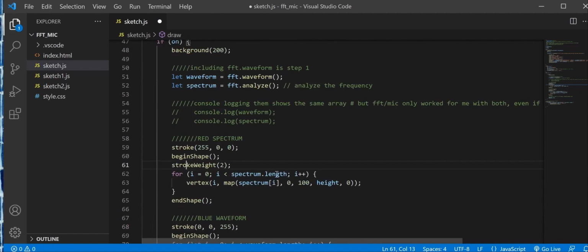Whatever the value is that comes out of that FFT analyze is going to be the spectrum.length, right? So think of it like an array. It's a maximum number, right? So we're starting at 0, and we're going to whatever the full length of that analysis of the spectrum is, and it's incrementing. And then we're taking